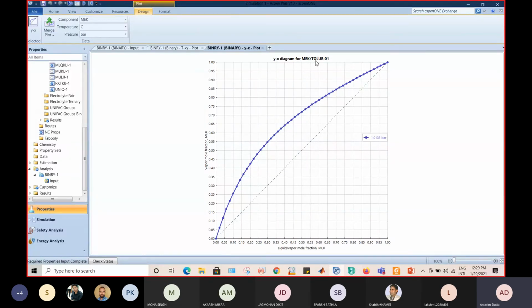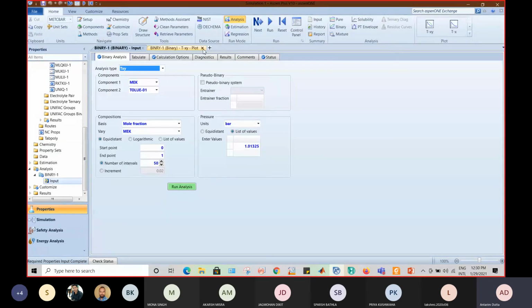और यही चार्ट आप लोग यूज करते हो। अगर मान लो MEK और टॉलिन का ही आपको सेपरेशन करना है, तो मैकअप में आप डायरेक्ट ये प्लॉट यूज कर सकते हो, और डायरेक्ट आप यहाँ से अपना ट्रायंगल्स बनाना स्टार्ट कर सकते हो, ठीक है। तो ये पर्टिकुलर चार्ट आपको दे देगा कि नंबर ऑफ स्टेजेस कितने रिक्वायर्ड होंगे। मतलब जो भी प्लॉट्स आप एस्पेन से प्लॉट कर सकते हो, उनके अलग अलग यूजेस हैं। तो आप XY की स्टडी इस तरीके से कर सकते हो।